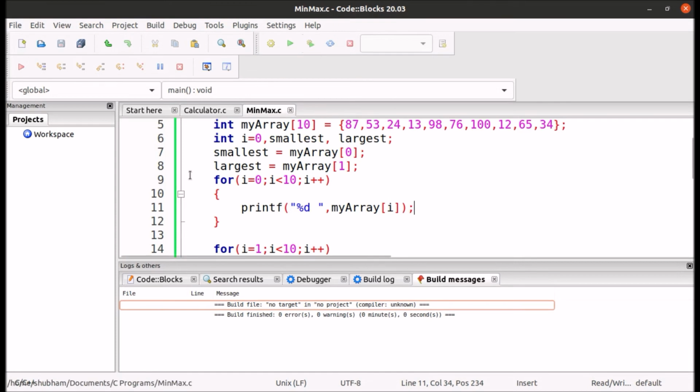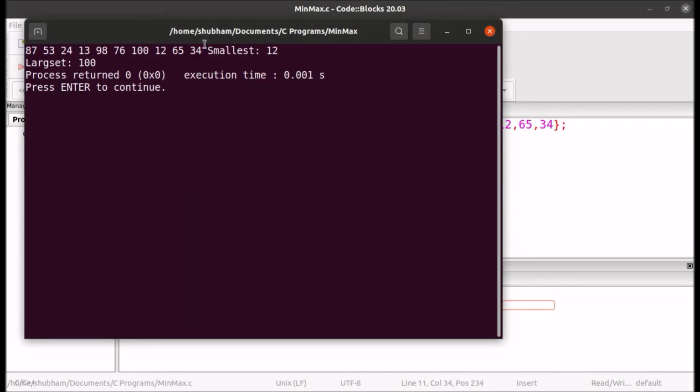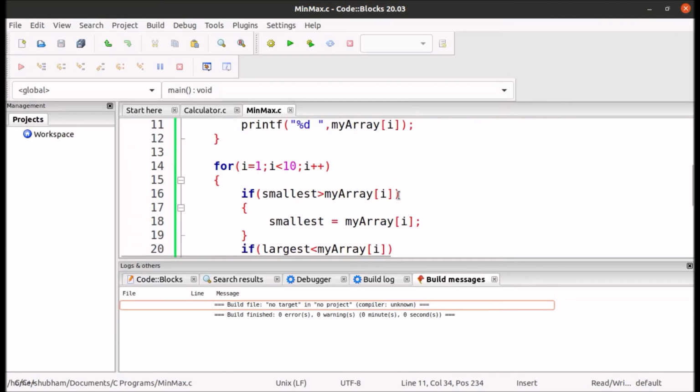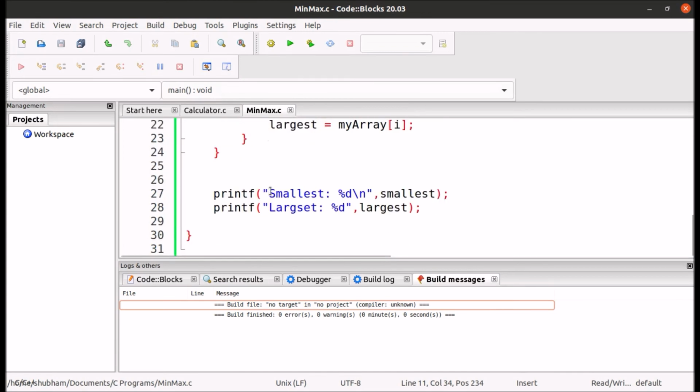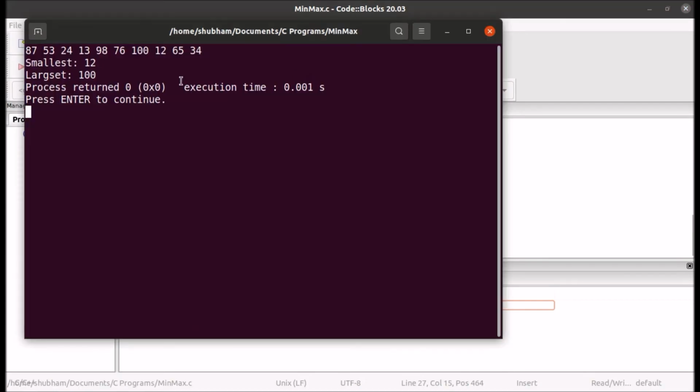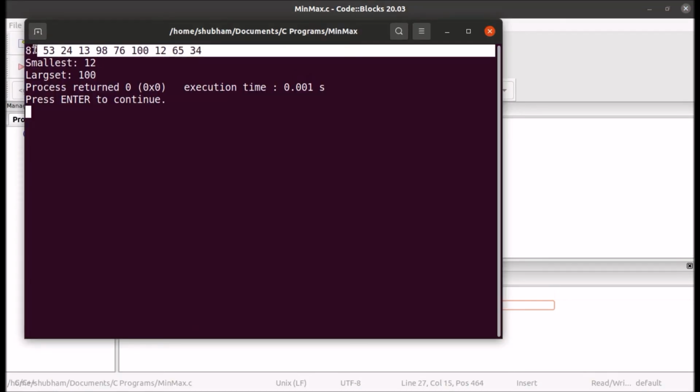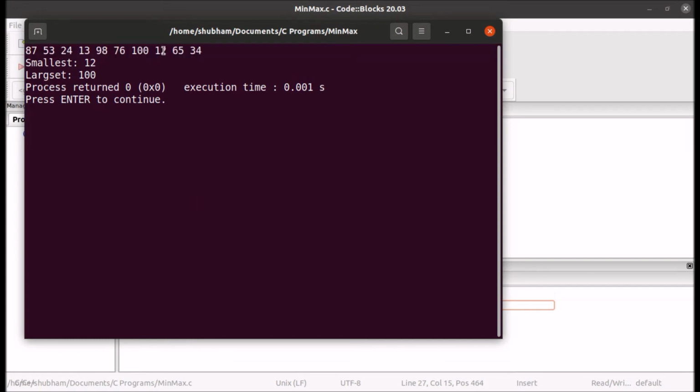Let me do one more thing. Write slash n here also. Yeah, so this is our input array or the array which we have used by default, and you can see that the smallest number in this array is equals to 12 and the largest is equal to 100.